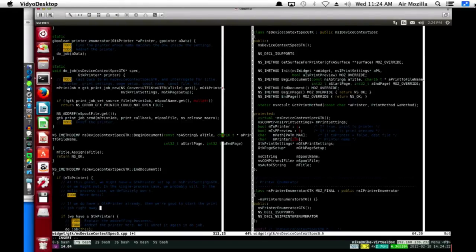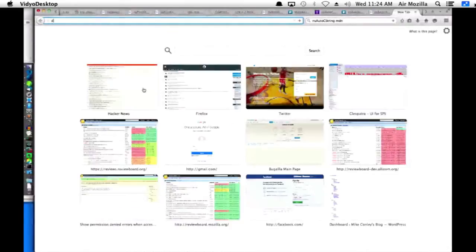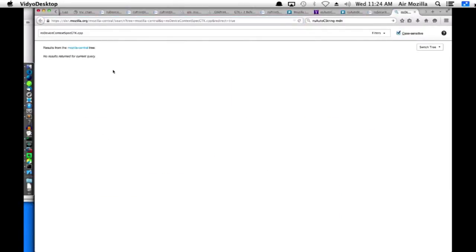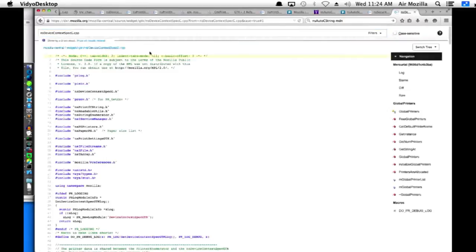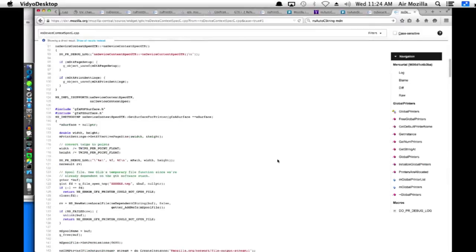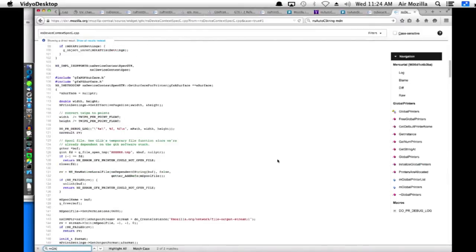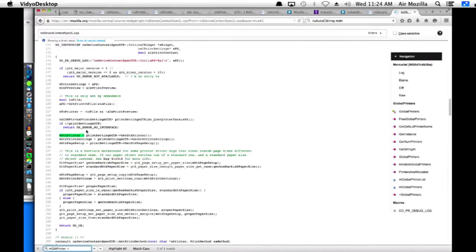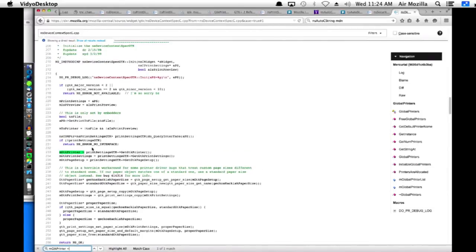So what were we doing before? I excised some code. Let's take a look at it. Excuse me, spec GTK, not CPP. What? Spec GTK? Oh, it's just G. Why? I have no idea, but it's just G. I got rid of this thing where we set the GTK printer here. Print settings GTK. We did this. Get printer.